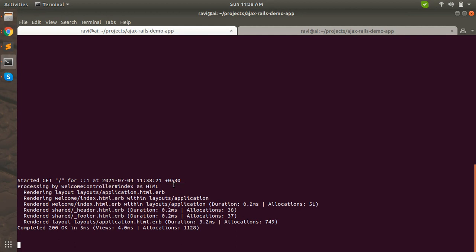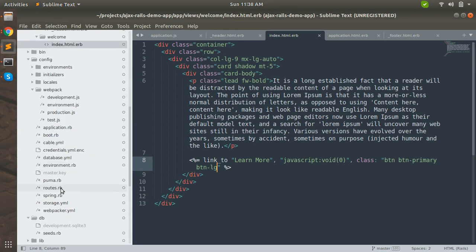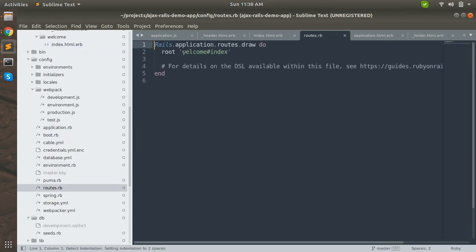So what is it doing? We sent a request, and the request is for the landing page, and all the root requests start with the slash only. The router identified that this request must be processed by the welcome controller's index action. Not surprisingly, you can see in your routing definition what you have mentioned here, welcome hash index.